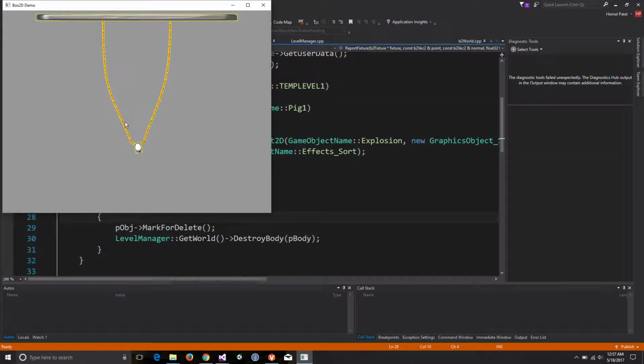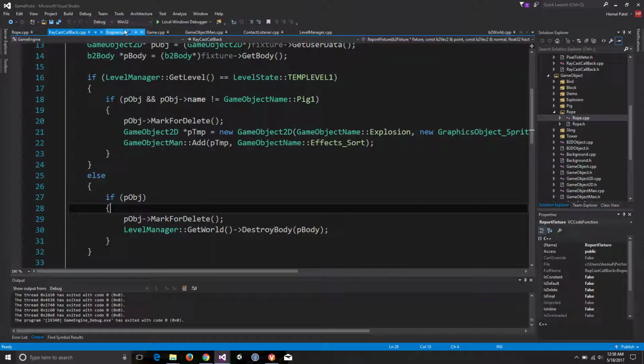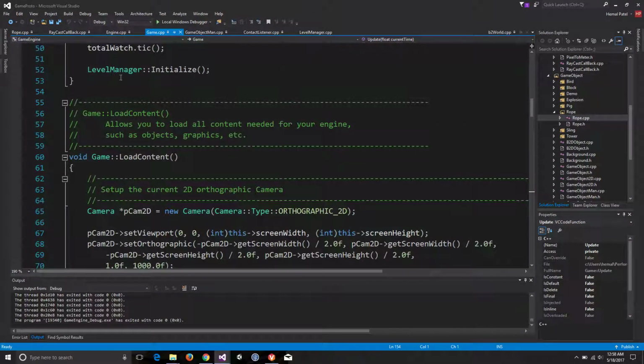So let's see here. So this is our rope. We just delete this and everything will be falling down. If you cut this, the whole rope will fall down. So it's something as simple as that. The next thing that we'll be talking about